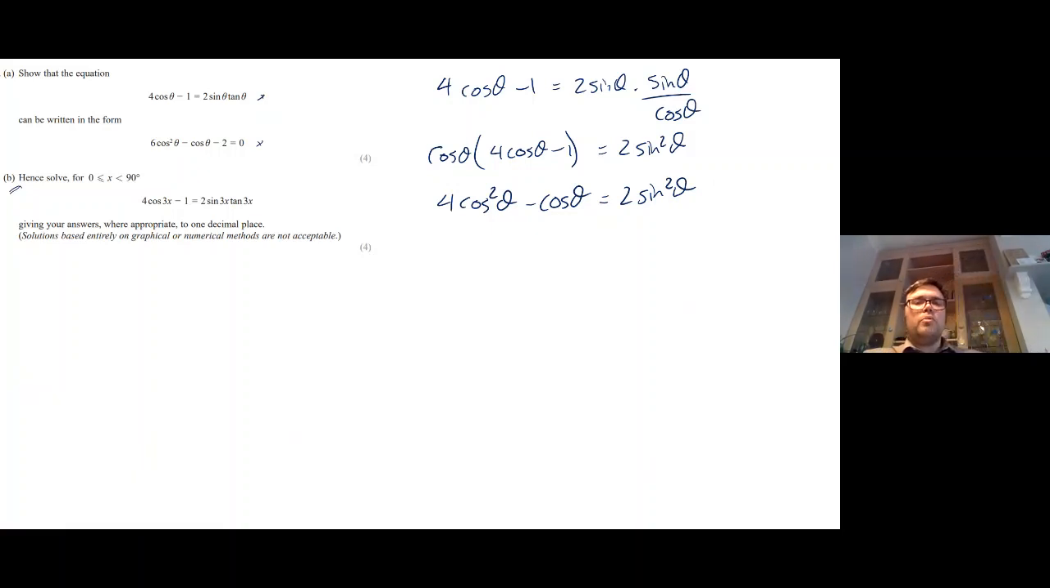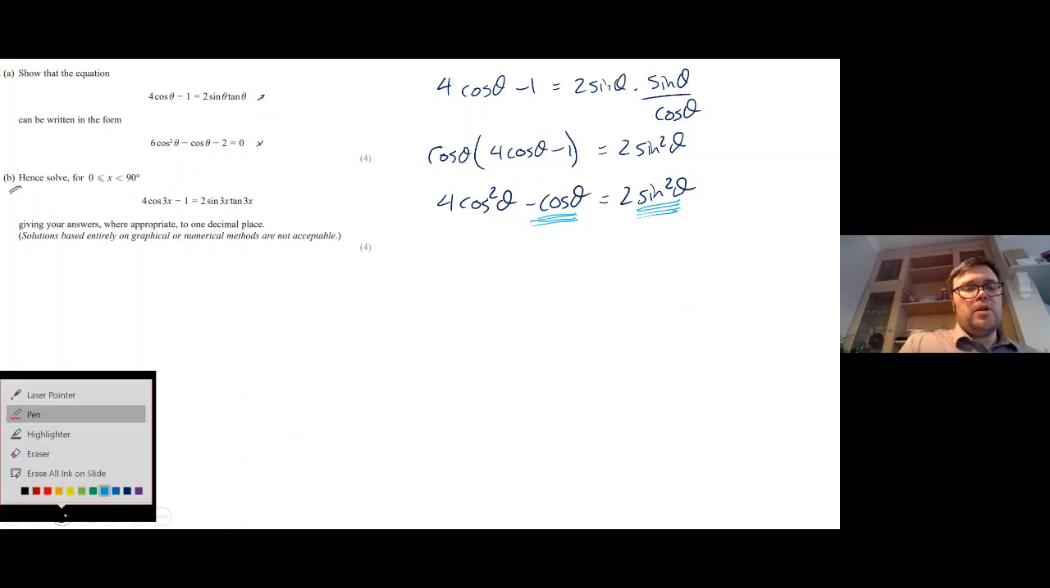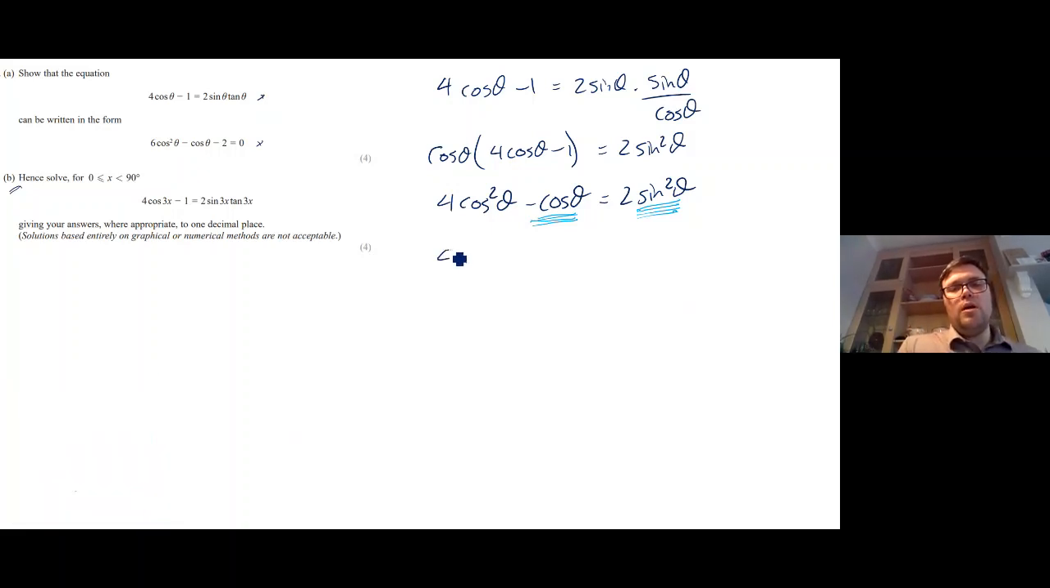Deciding on which one am I going to replace next. So you're either going to replace cos squared with 1 minus sine squared, or you're going to replace sine squared with 1 minus cos squared. This bit here hasn't got a power on it. I can't do anything with cos theta at AS. When it comes to A2, there are things that can be done, but at AS, I can't do anything. So you're looking at that being a cos theta, can't be done, so I'm going to have to manipulate the sine squared. In doing so, you're going to end up with 4 cos squared theta minus cos theta equals 2,